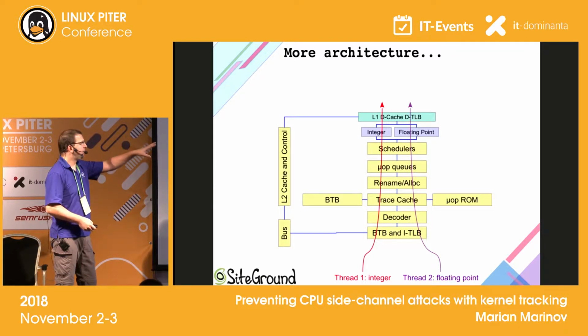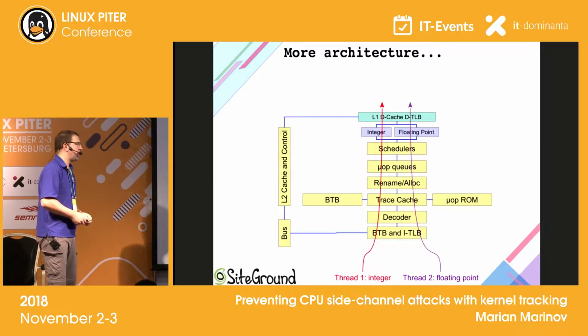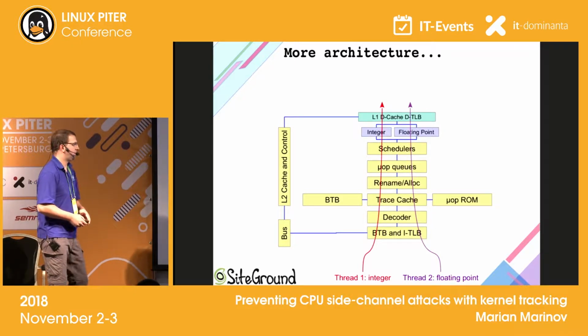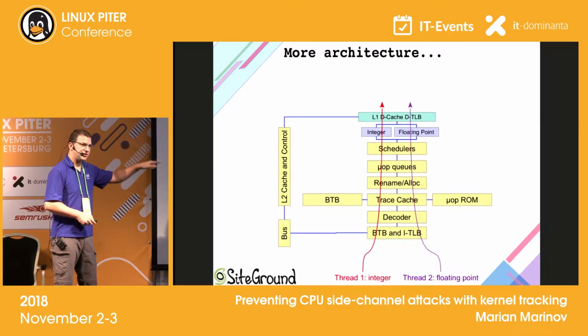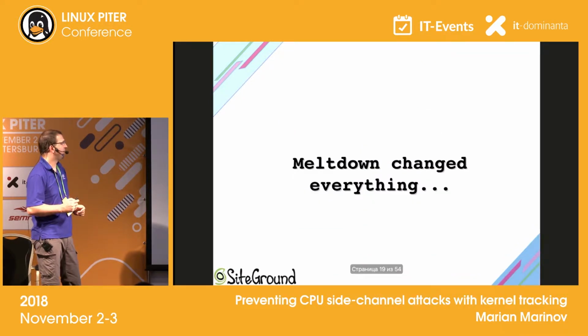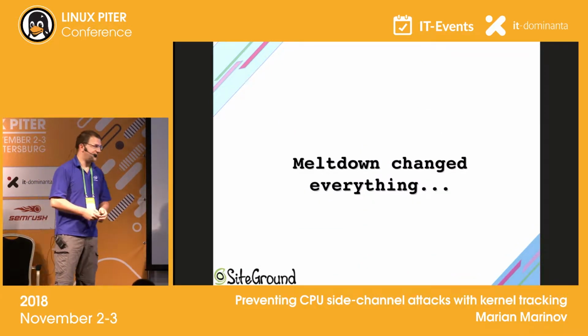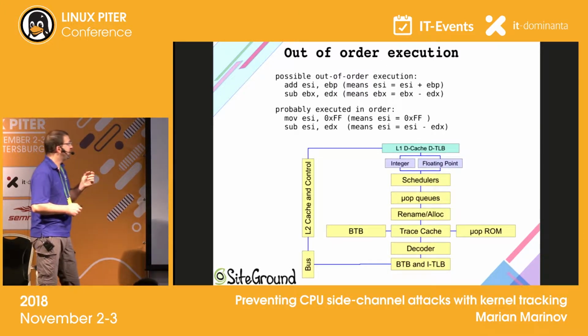You use the available execution engines in your CPU, and most modern CPUs have tens and more execution engines, which means that they can execute multiple instructions at the same time, but we have 2 or 4 threads per CPU core. This means that these threads are sharing the layer 1 and layer 2 caches and the layer 3 last level cache. So Meltdown changed everything by simply saying, okay, this out of order is pretty nice, and let's assume this.